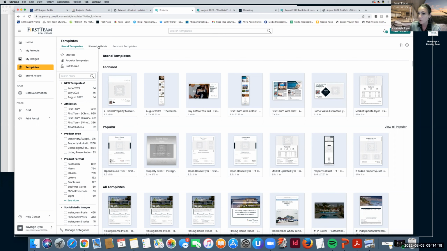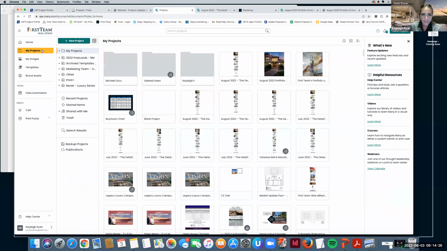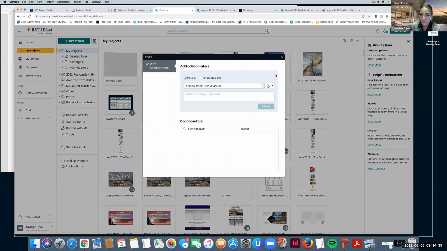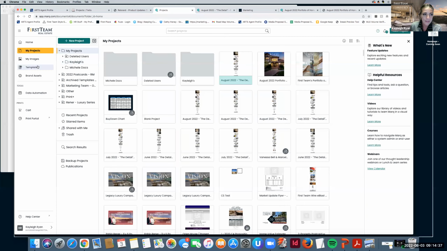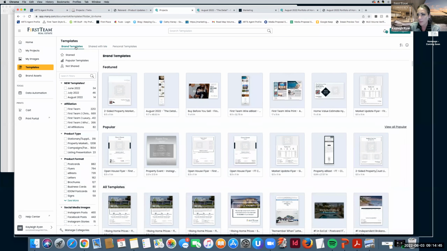Similar, if you've created a personal template and then you decided to share it, say with a teammate, that would land in your shared with me section. So just kind of highlighting that. If I've converted something to a template and then I choose to, you could share from either one, but there is a share button here. If I chose to share it with someone, they would see that template in the shared with me section. That's due for a deeper dive once we've actually opened up the templates